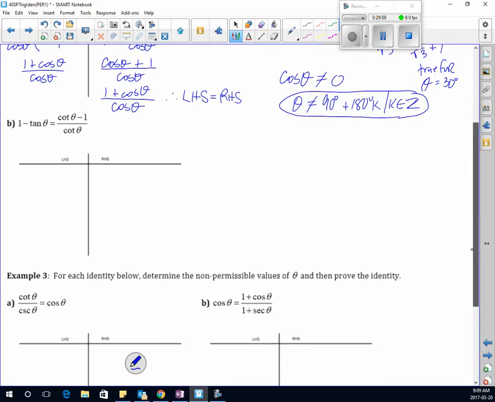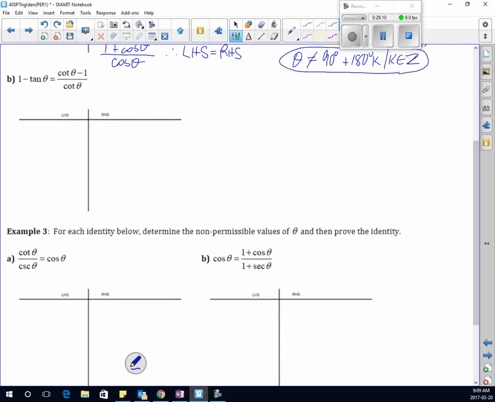Oh, yeah. Okay, first step, write it in the thing. 1 minus tan theta. The next one is cotangent theta minus 1 over cotangent theta. If you're good at chess, because you can see like 5 plays ahead of you, you'll be good at proofs because it's the same thing. You have to see where you're going so that you can get to the end result. Like if you just look at the next step, you might not get it. So for instance,